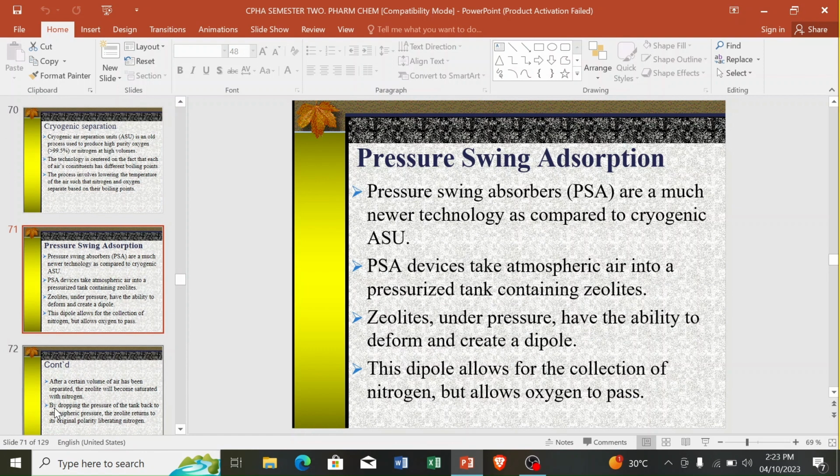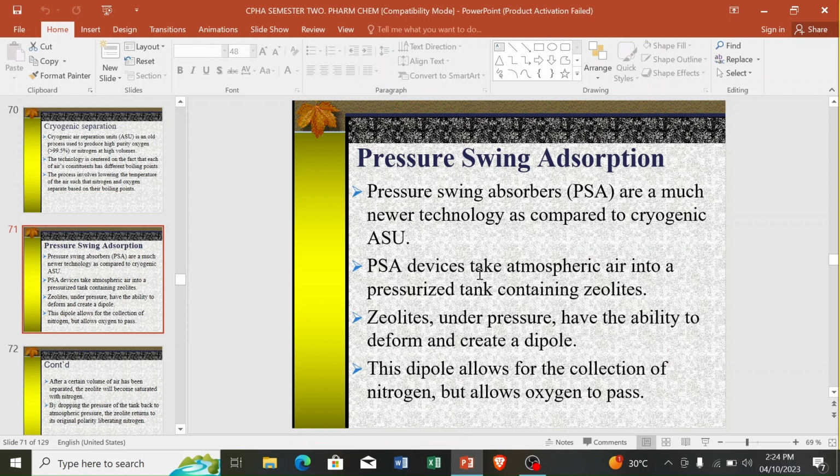The third method of preparation of oxygen, we have the pressure swing adsorption. Pressure swing adsorbers are a much newer technology as compared to cryogenic. Since we said cryogenic is an old method, we have a new method called pressure swing adsorption. Pressure swing adsorption devices take atmospheric air into a pressurized tank. So we collect air in the atmosphere, and then we put it in a